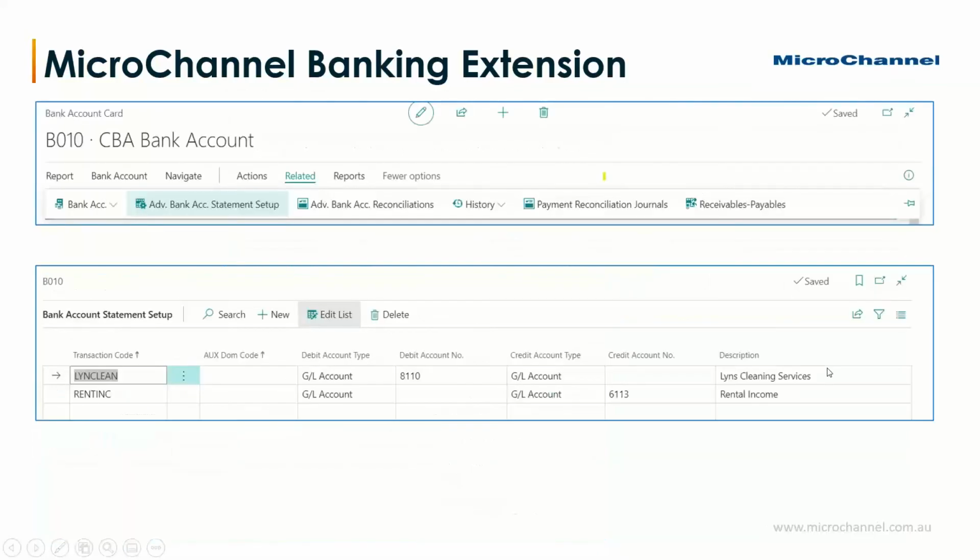The other option as well is when you're bringing in your statement, you can get the system to create some journals for you automatically in the background. So on my bank account here under Related, you'll get advanced bank account statements set up. This is where you'll need to work with the consultant to set this up. And on this side, you need to put in a transaction code. Now, please note that these are not correct. This is just me messing around in my demo system. But you'll need to put the right transaction code. And then you'll say which debit account it will be,